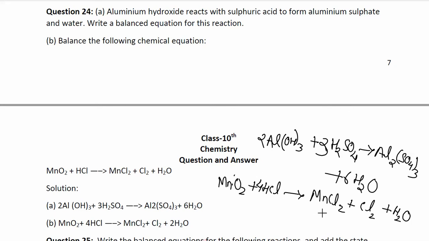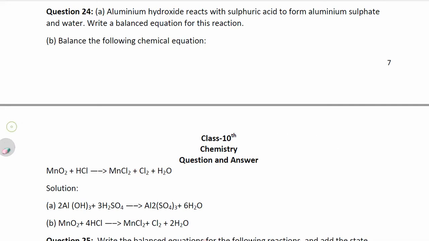So 4 HCl, 2 H2. Now it is balanced. Yes. On multiplying 4 with HCl here, 4 hydrogen will react with 2 oxygen to form 2 H2O. So there, yes, now 4 chlorines are being present out here, and hence the chemical balancing is done here. Next,